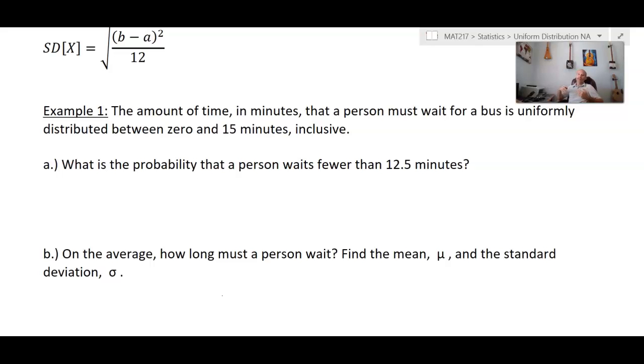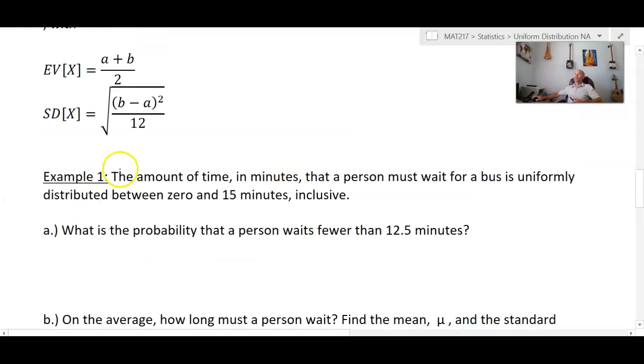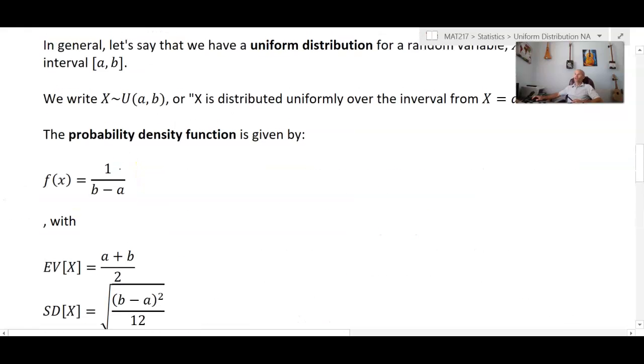In this video, we'll take a look at a couple of examples of working with the uniform probability density function, along with the expected value and standard deviation. So we've already established that a uniform distribution is one that has constant probability density